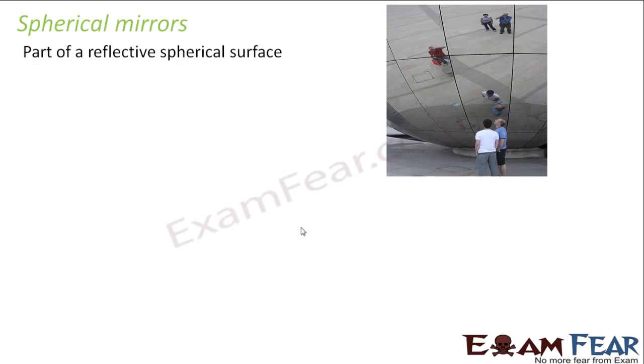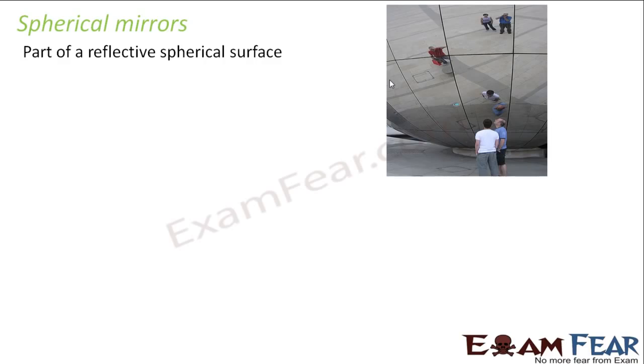Maybe somewhat like this. If you look at this, you can see that it is basically a sphere which is nothing but a mirror. So this is just a rough example so that you can imagine how a spherical mirror can look like. So a sphere which is a mirror.